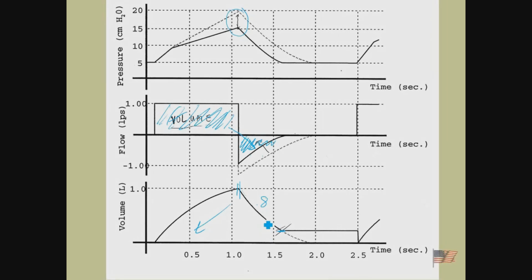Oh, I got a leak somewhere in the system. Does it show the dotted lines on the ventilator? Then how do we know that? I'm just telling you from this back. How do I know I got a leak? I know I got a leak because the volume doesn't come back to baseline. The other ones,